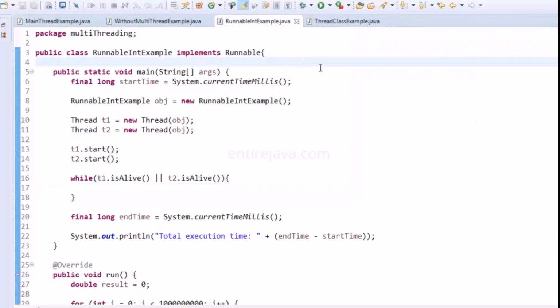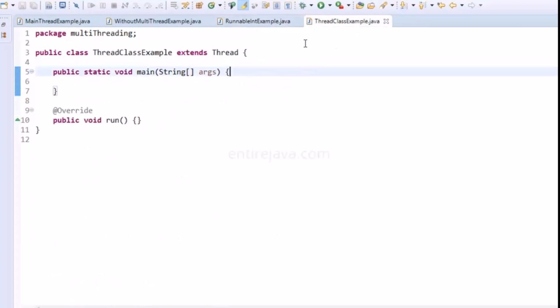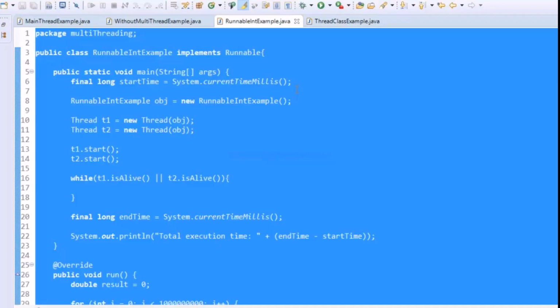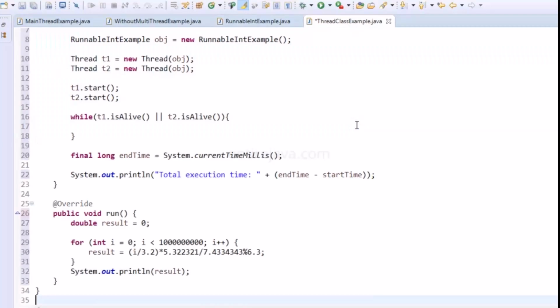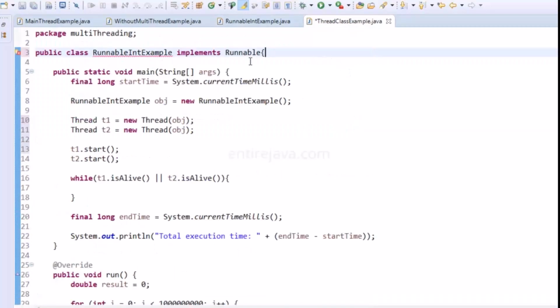Let us take a look at another approach where you can create multiple threads. You can create threads either by using the Runnable interface or by directly extending the Thread class, which I have done here. In fact, you're going to have the exact same code in here. Let's do Control C and Control V. Going to have the exact same code, and instead of implements Runnable, you're going to say extends Thread class. Let's change the class name